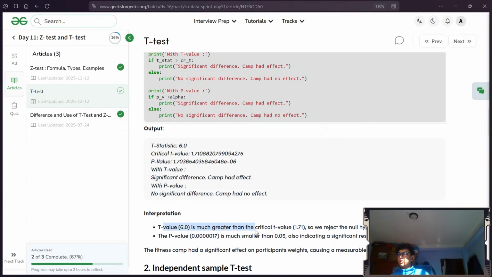P value is much greater than critical value, so we reject the null hypothesis. Smaller than 0 indicating a significant result. Fitness camp had a significant effect on weights causing a measurable change. Why are we taking p value and t value? Either one should be great. So we will take p value as